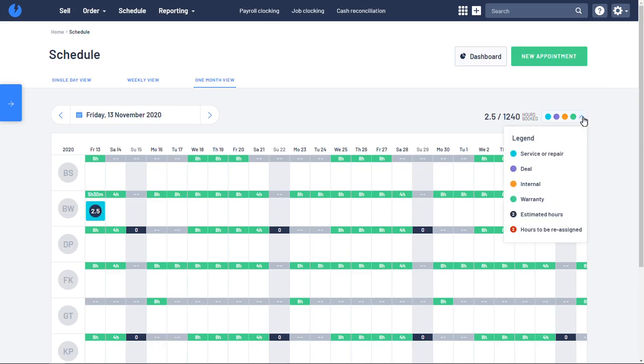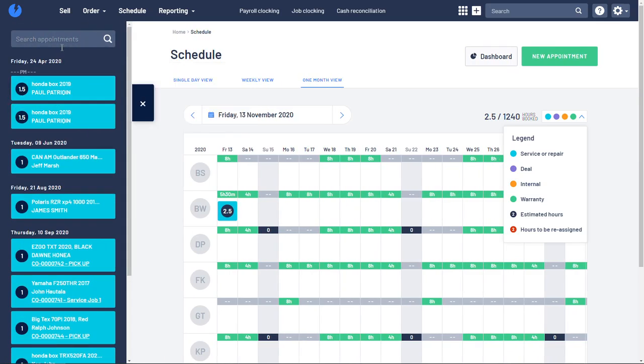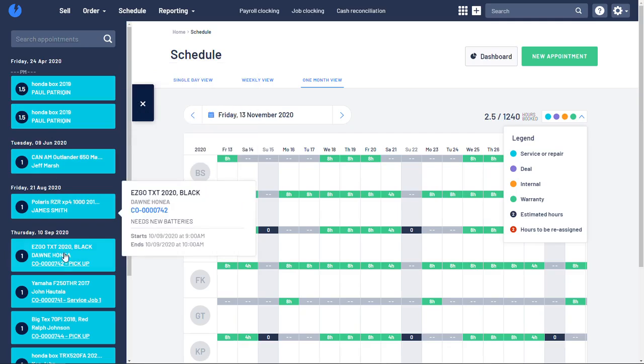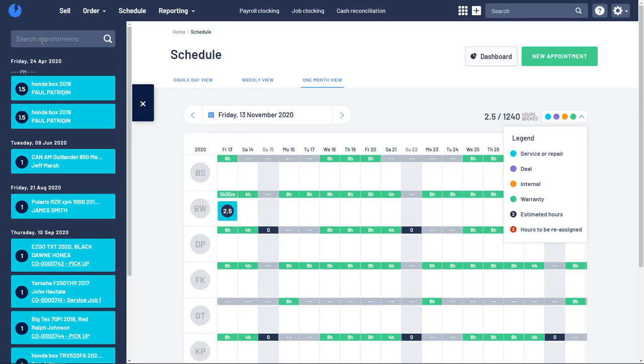One more item to note as well is when you have the legend here, you can see what type of service jobs we're looking at, whether it's warranty, internal, deal, you name it. It will all be in there by color correction. This is where you can search unassigned appointments as well. So from here,